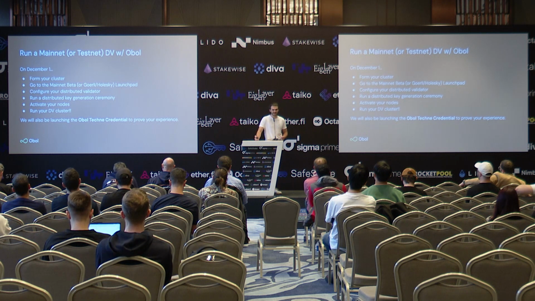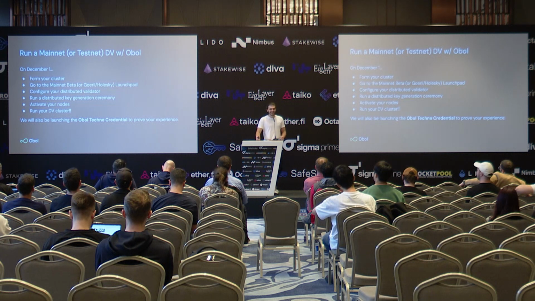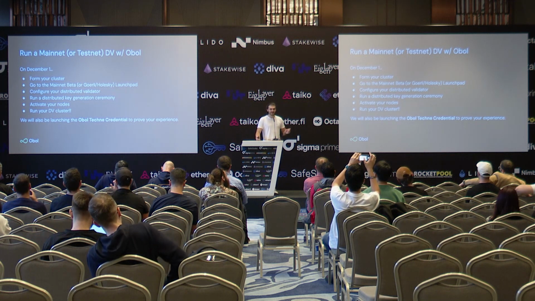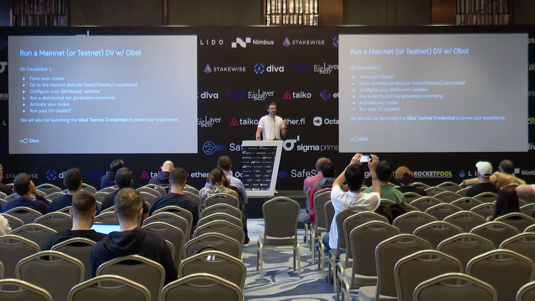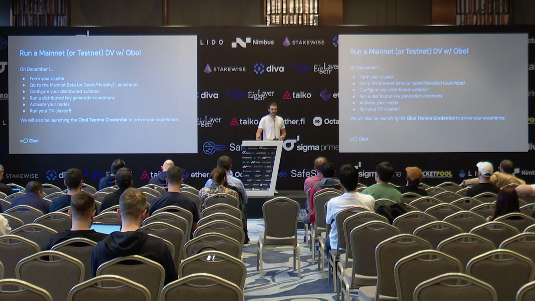So from December 1st, what you can do is team up with other people, find a squad. I highly recommend finding them today while you have all of the solo stakers in the ecosystem around. You can go on to the beta Launchpad, or I would strongly recommend doing this on Holesky or Goerli if you haven't run a mainnet validator before. Please be sensible. You can set up your distributed validator, pick the withdrawal address, fee recipient, and so on. You do your distributed key generation ceremony, make backups of your keys, turn on your nodes, make sure they're connected, all the nodes synced, everyone's ready to go, and then activate your deposit and activate the validator.